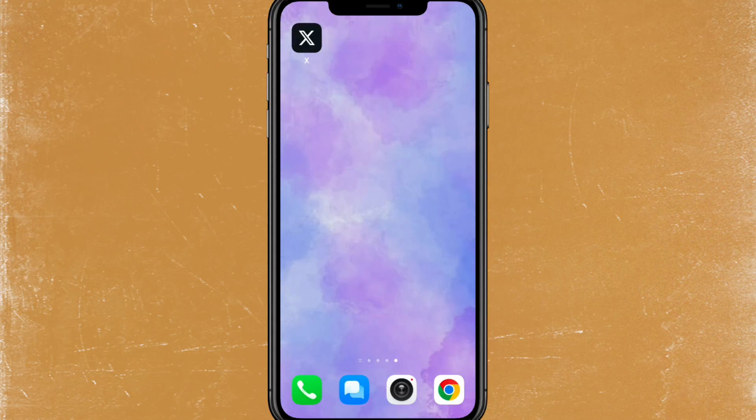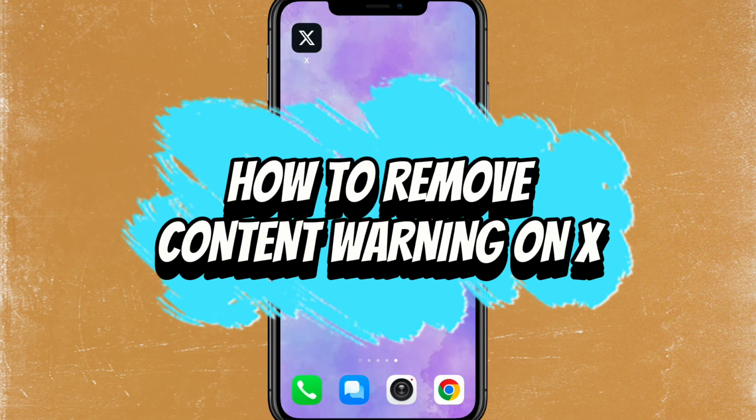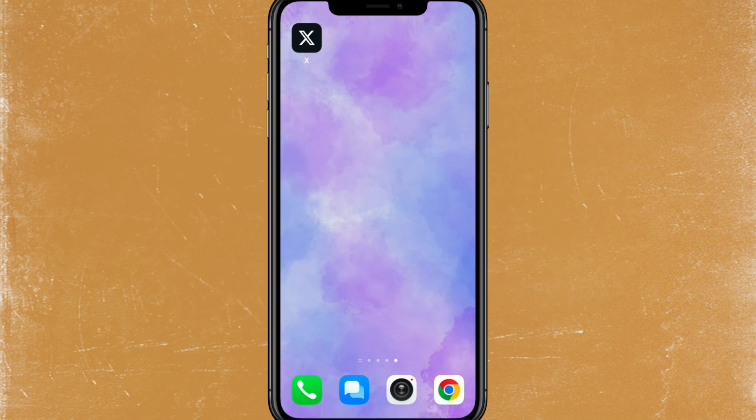Hi everyone! So for today's video, I'm going to teach you how you can remove content warning on X, previously the Twitter app. So first, just head over to the X app,